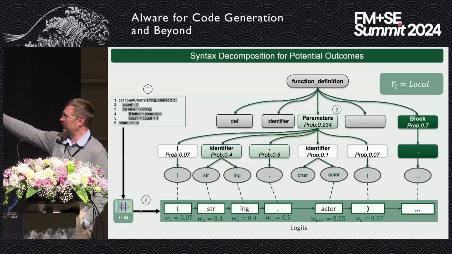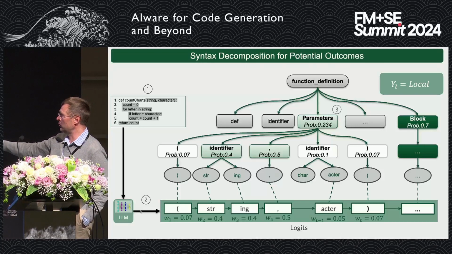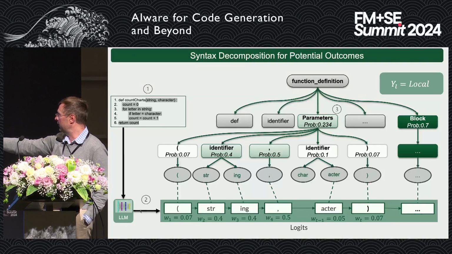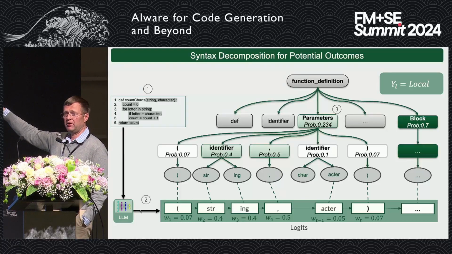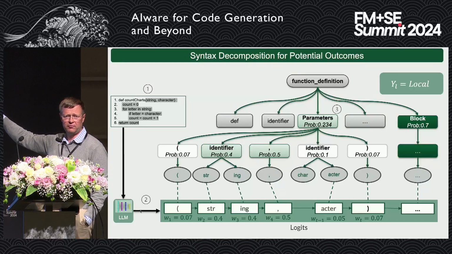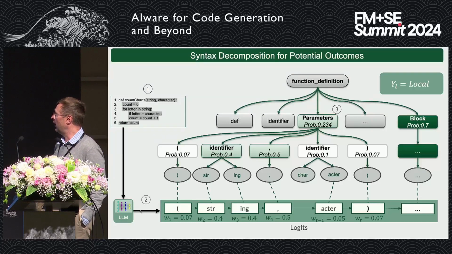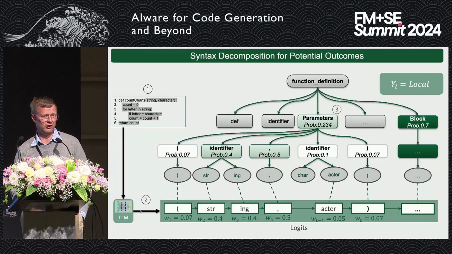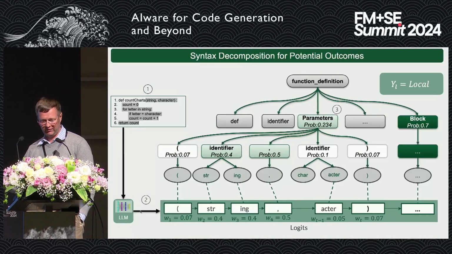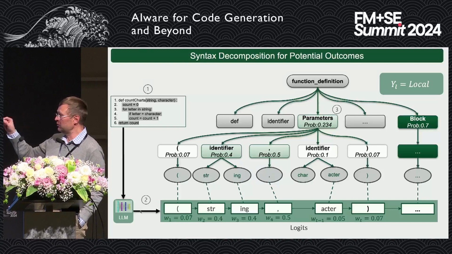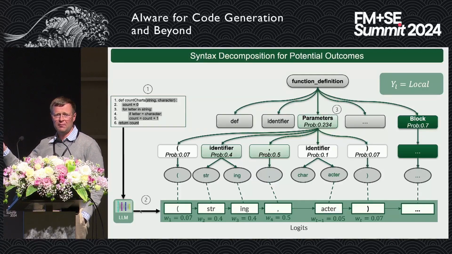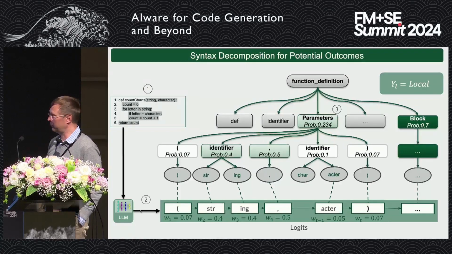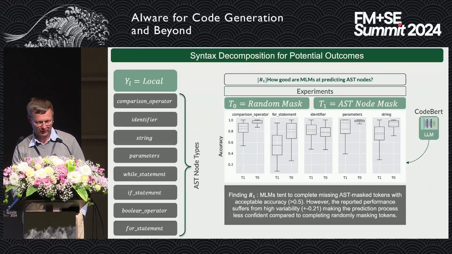So in this case, again, you have a model which is generating some code for the prompt that you see there. And here, instead of just showing you the sequence of tokens and probabilities, we actually aggregate this information in the context of the abstract syntax tree that we built from this generated code to show you how well the model does in the context of particular programming language constructs. So instead of just telling you this is a 0.8 accuracy value, we're telling you that the model is doing pretty well in terms of predicting identifiers, but it's not doing so well when it comes to, for example, predicting blocks or some other programming language constructs.